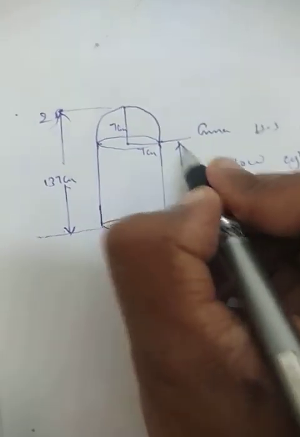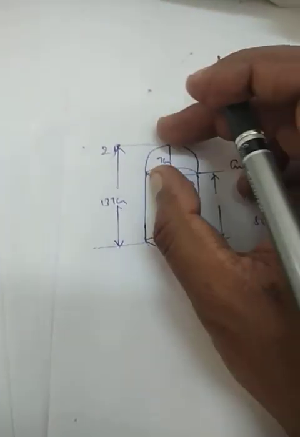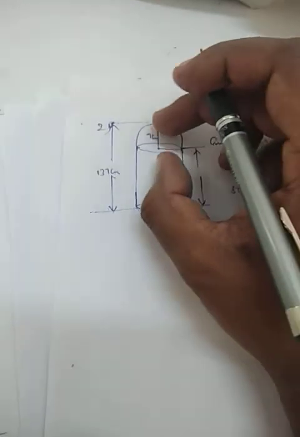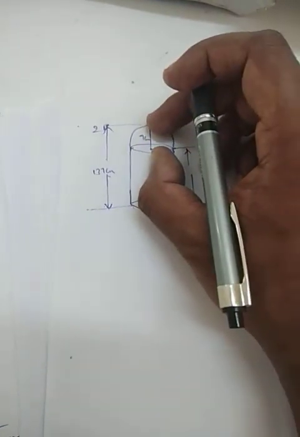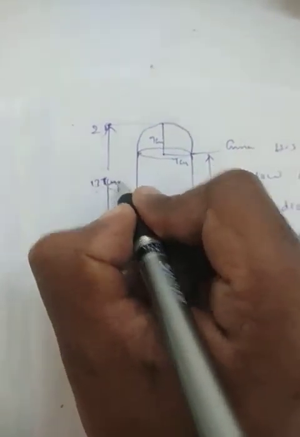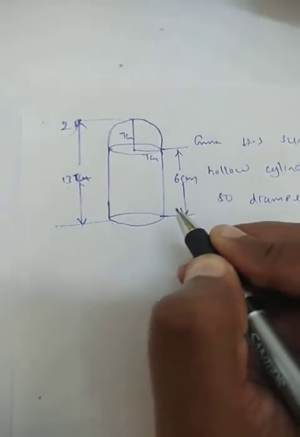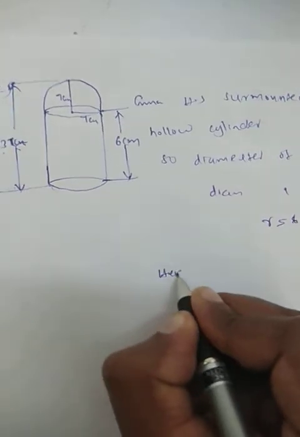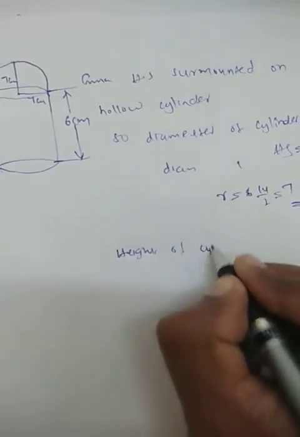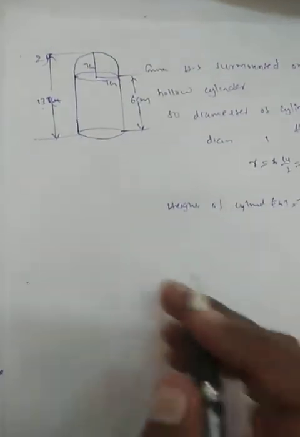What is this value? Here the vessel means the cylindrical portion and the hemispherical portion. That means the height of the cylinder plus the height of this one. So the cylinder height will be 13 minus 7. 13 minus 7 is 6 centimeters. So the height of the cylinder h is 6 centimeter. What we want here is to find the surface area of the vessel.